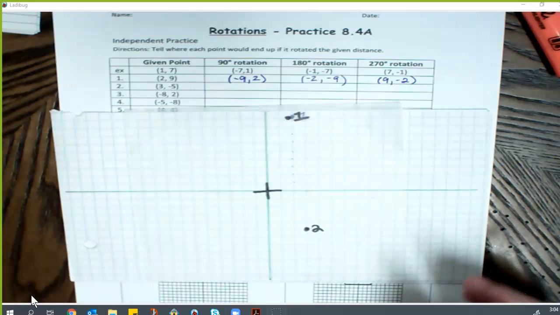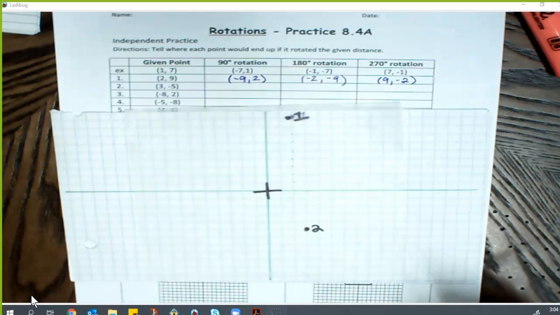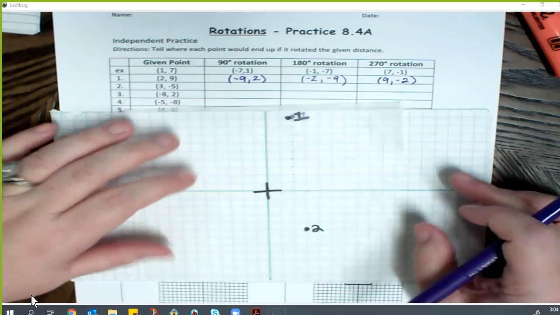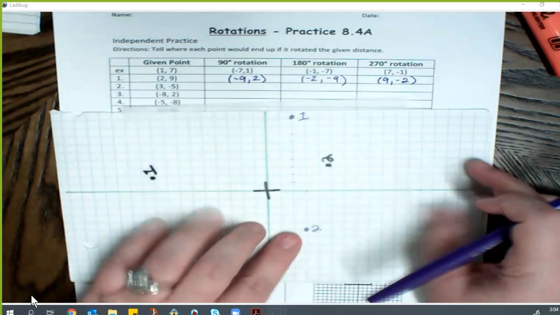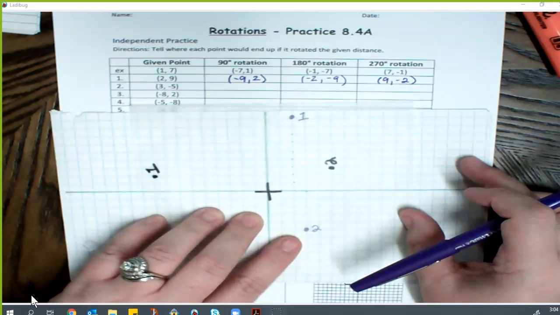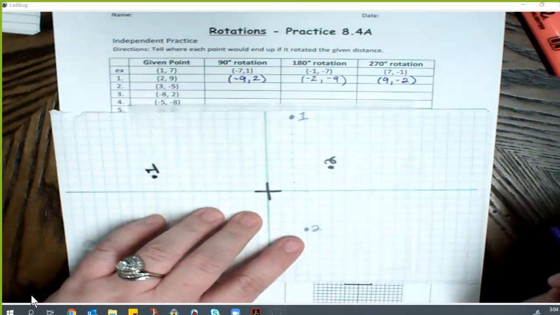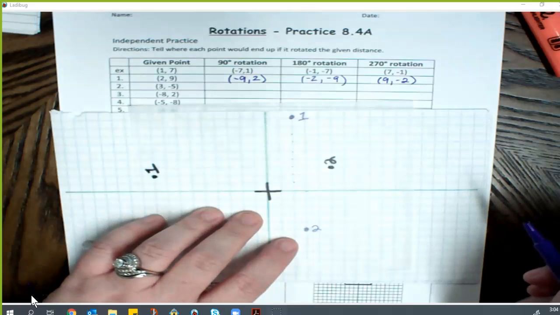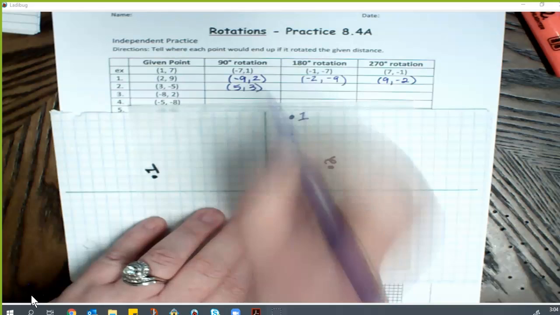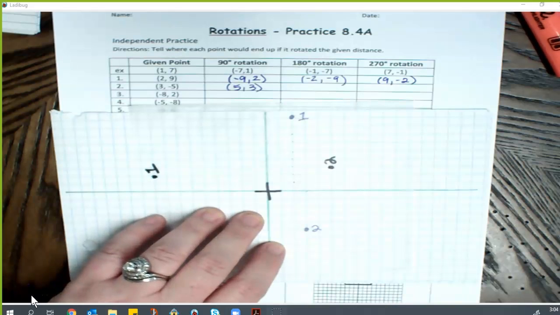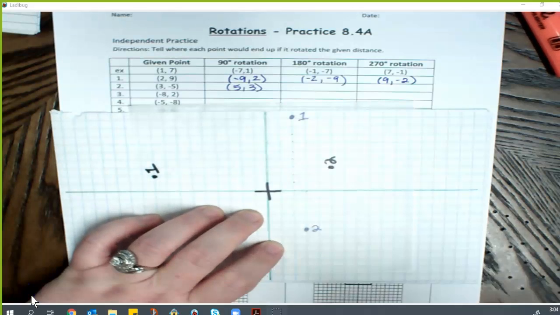All right, for a 90-degree rotation, what quadrant are we going to end up in? Quadrant 1. We turn it one time. What is my new ordered pair? 5, 3. Now, do you see how we had to use our own graph paper and